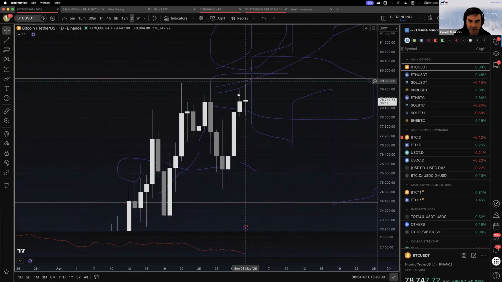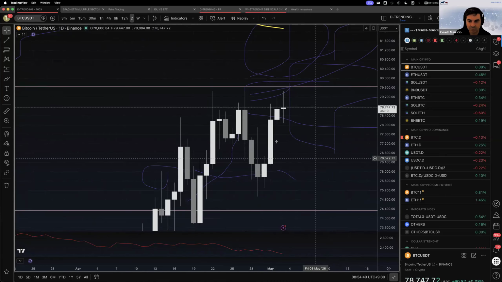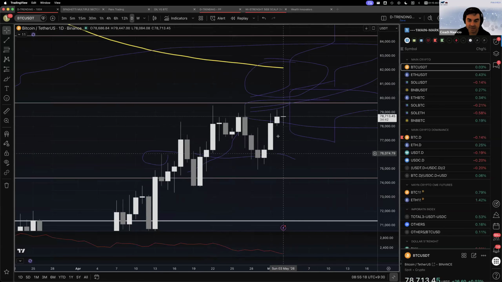Okay, so obviously this candle hasn't closed, right? The daily hasn't closed. I wouldn't trust this one much, to be honest, because this is the Monday, right? This is a Monday or Sunday, technically Sunday close. This one is the actual Monday, as you can see, and this one is the actual Wednesday. So I really like this one here. This is going to be the baseline, but the fact that this happened on illiquid days is kind of interesting, right? So from that perspective, I'm bearish.